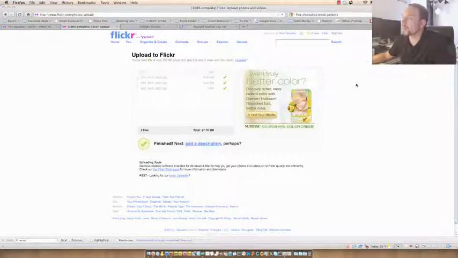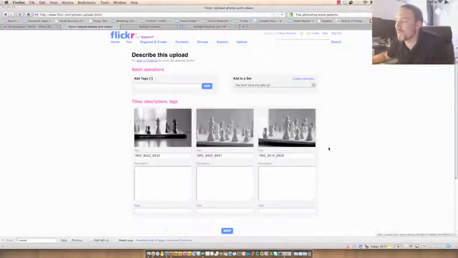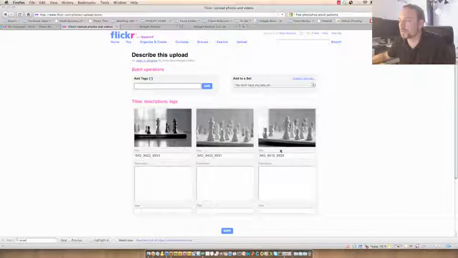Okay, we're back, and you can see that the images have uploaded already. And they ask if perhaps you want to add a description. Well, unfortunately, you have to hit that. Now, here's a big part of Flickr. Since you're on the web, you obviously want to share your images. So one of the things about sharing is adding tags. What is a tag? A tag is just really a keyword that people would search on the search engine to find you. So these are chess pieces, so I'm going to put chess, black and white,